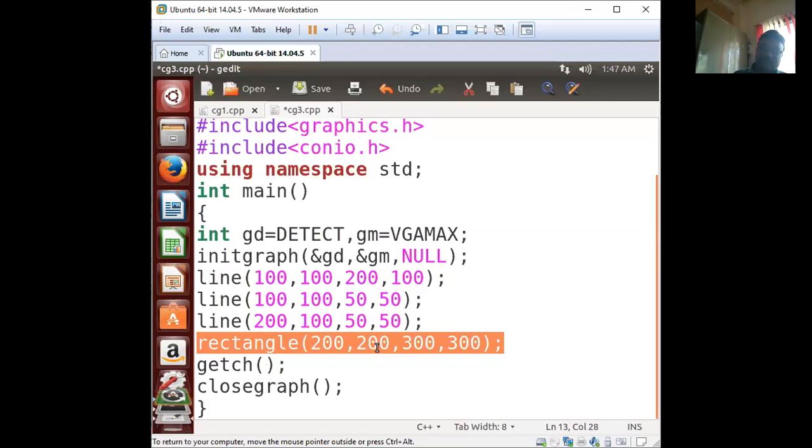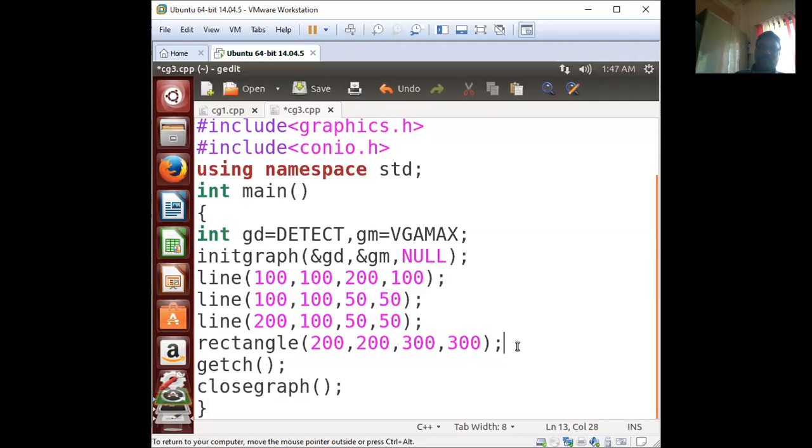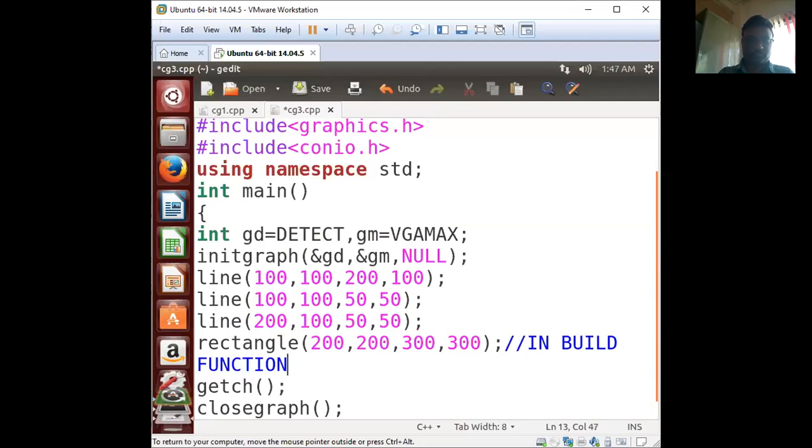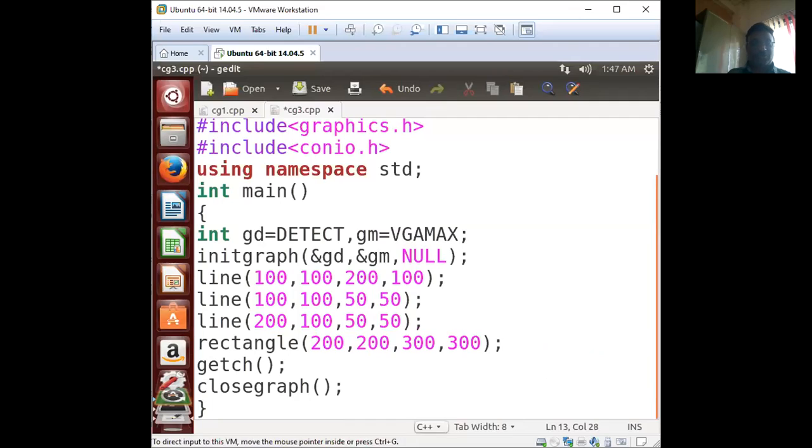Top left is 200, 200, and right bottom is 300, 300. This is the rectangle inbuilt function that you can directly use. Then getch and closegraph.